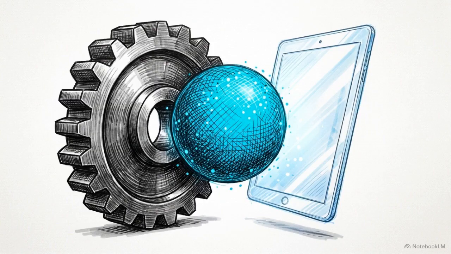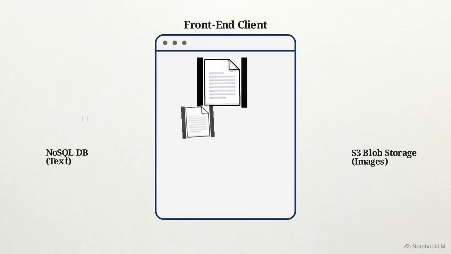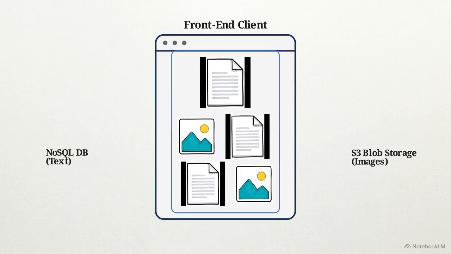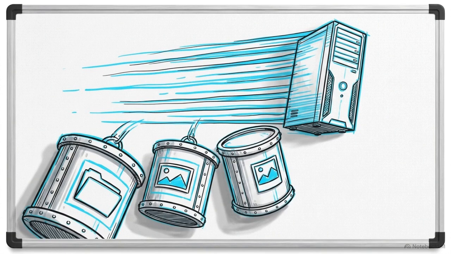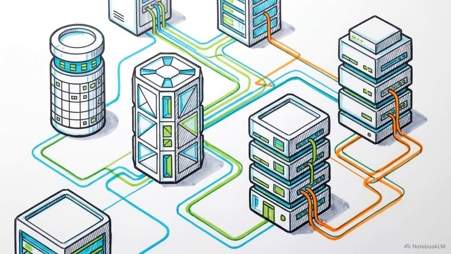This approach shifts the burden from the database to the application layer. The front-end client must now manually stitch together the text from the database and the assets from S3 to display the document. Offloading these heavy payloads is essential to keeping the database responsive while keeping the project within budget. Large-scale architectures rarely rely on a single database type. Instead, they use polyglot persistence, deploying different databases for different microservices based on their specific needs.